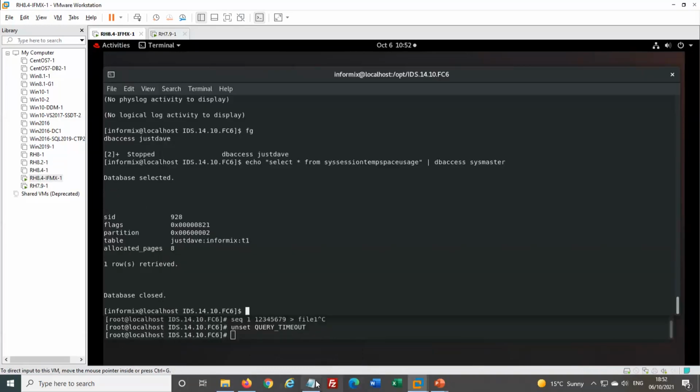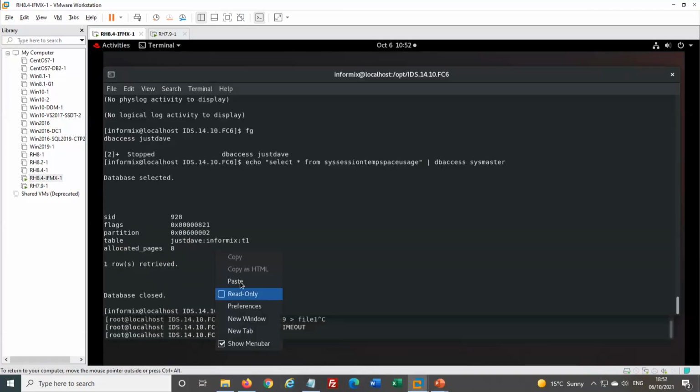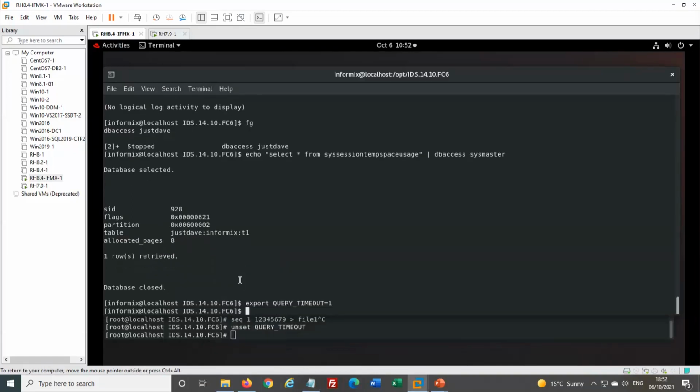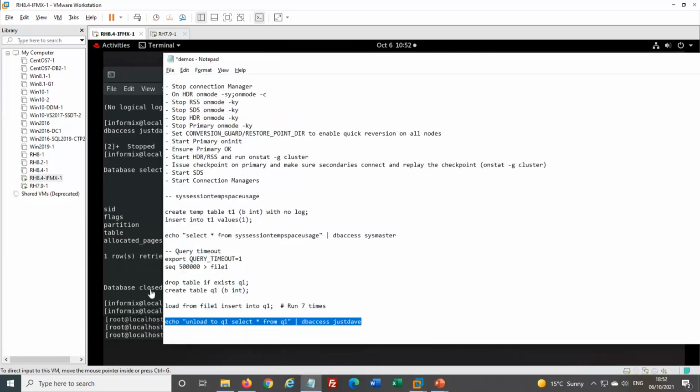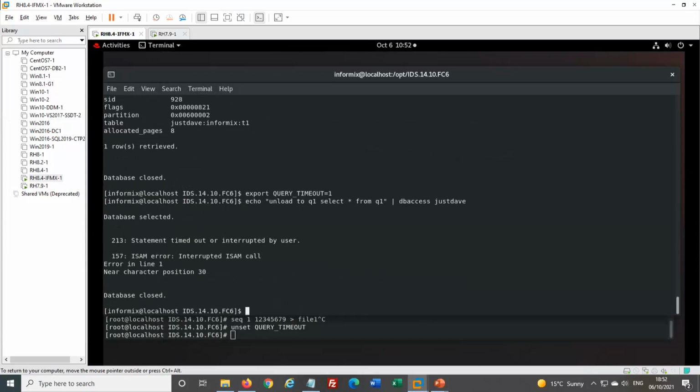So I actually use the Linux SEQ command, which generates numbers between 1 and whatever value you set, to create a table. And I loaded that in. And if I try doing an unload, if I set my enable query timeout and then try unloading my table, that's a 1 second timeout. It's in seconds. If I then try unloading my table, and it takes longer than a second,